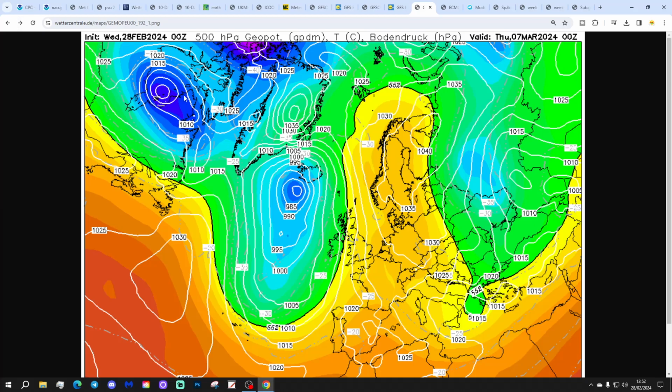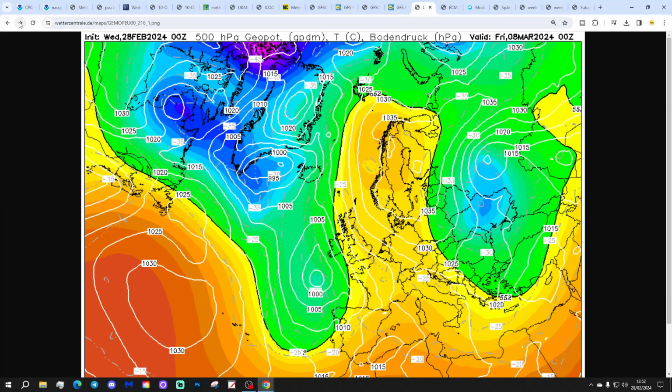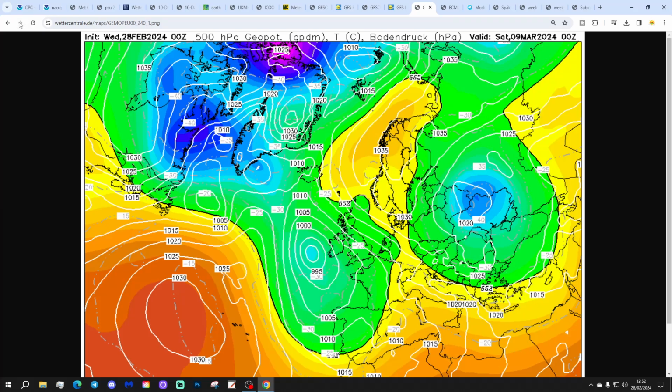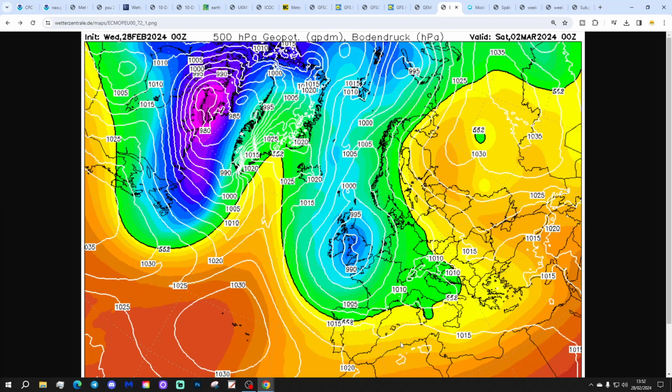Could actually turn very mild. I haven't talked much about these southerly winds, but these southerlies could well lift temperatures into mid-teens Celsius through next week. They could very easily drop away again if the wind backs from southerly to southeasterly or easterly. But for a while anyway, it could get very mild through next week. But with surface low pressure out to our west-southwest, throwing up probably further bands of slow-moving rain, so mild and wet.